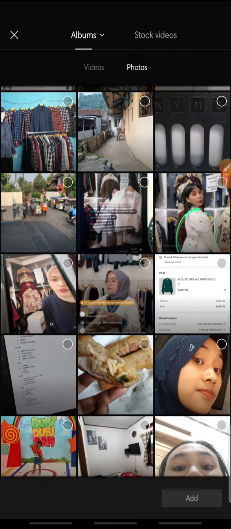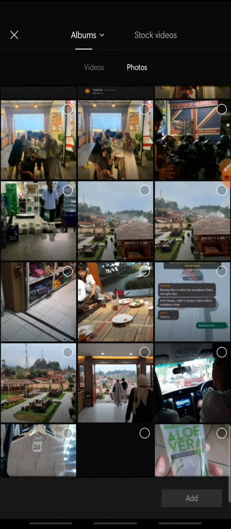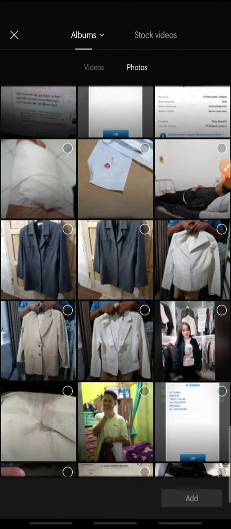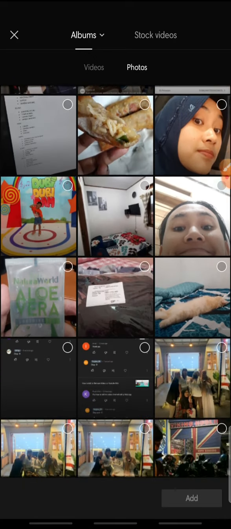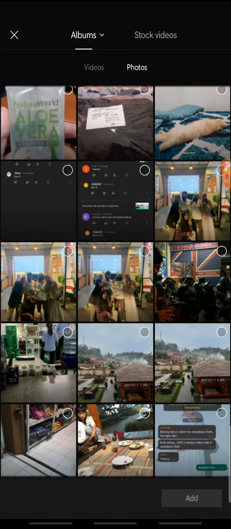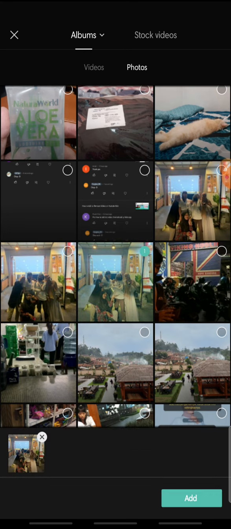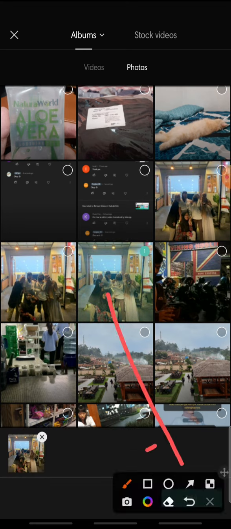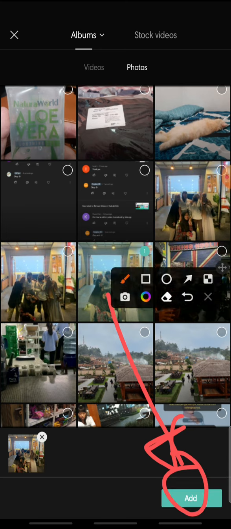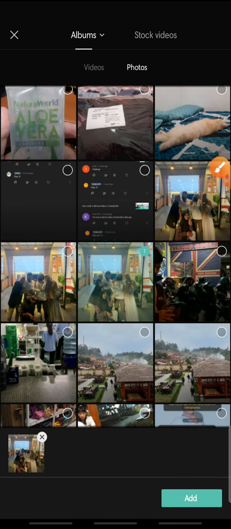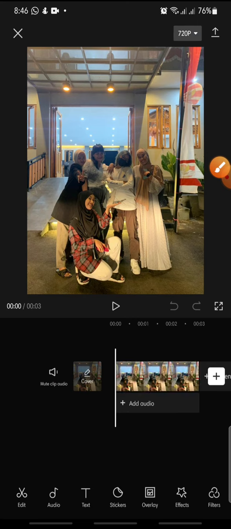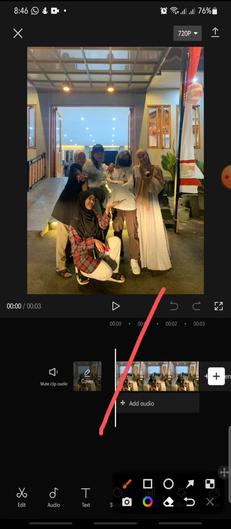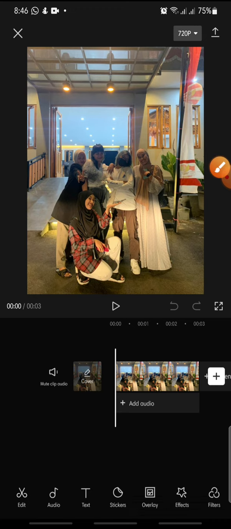Here, I want to add a photo, so you can click on the photo, and after this, you can add the photo that you want to edit. Maybe this one, so you just click on it, and after this you can click the add at the bottom. Add. And now if you wanna add the texture draw feature, you just click on the text at the bottom,